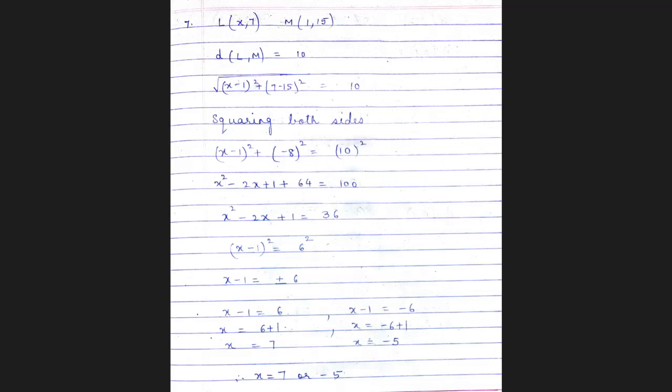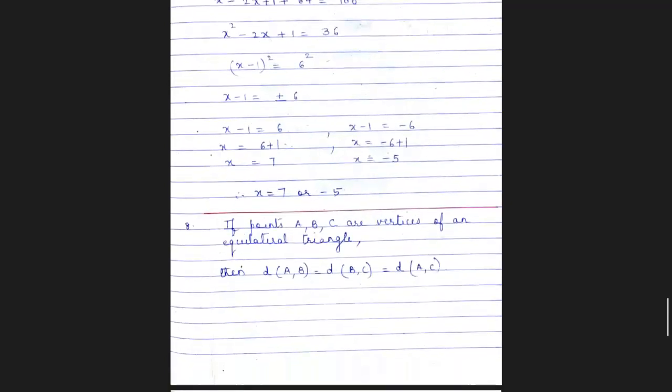Now x square minus 2x plus 1, leave it as it is as x minus 1 the whole square. Now this is equal to 36, which can be written as 6 square. Now removing the square on both the sides, what do I get? x minus 1 is equal to plus or minus 6. Now do both the things. First take plus 6 and then take minus 6. You get two answers, 7 and minus 5. Therefore, the value of x could either be 7 or it could be minus 5.